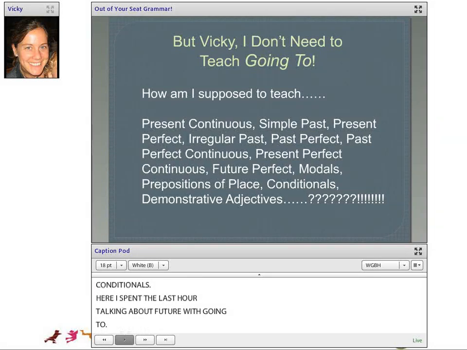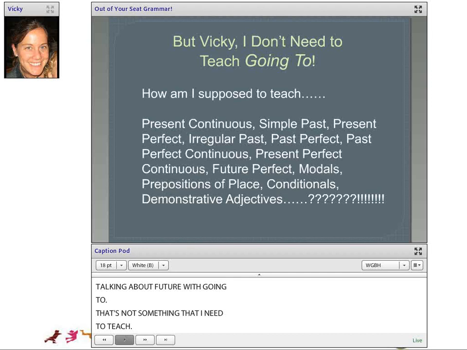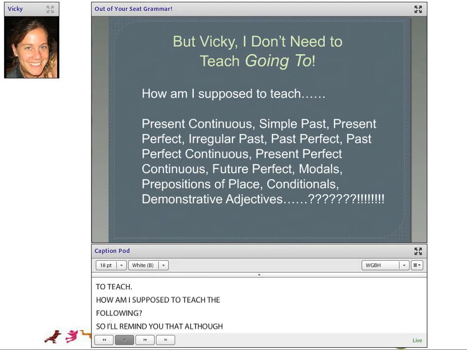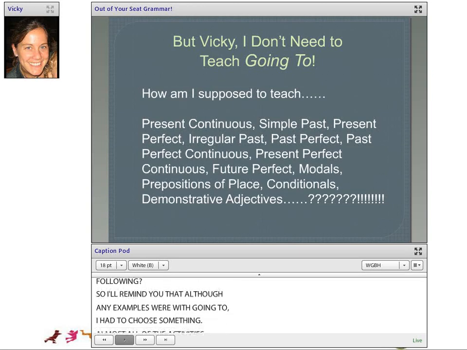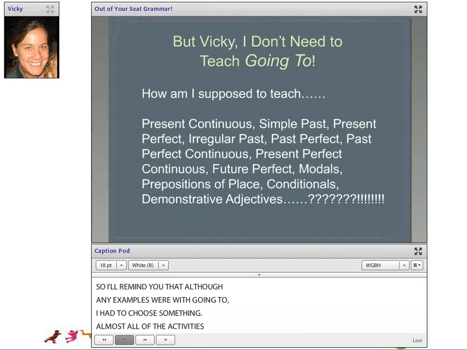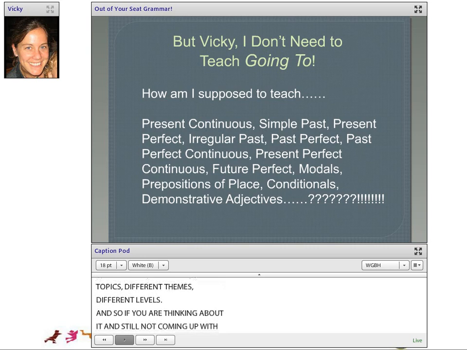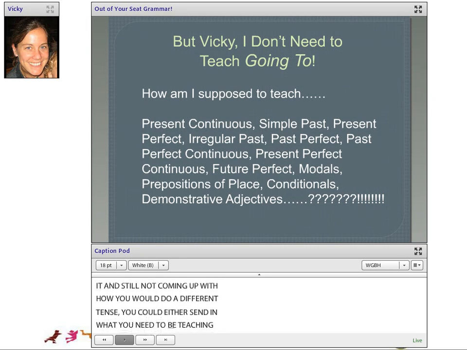And so I'll remind you that although my examples were with going to, I had to choose something. Almost all of the activities that we discussed today can absolutely easily be modified for different tenses, different topics, different themes, different levels. And so if you are thinking about it and still not coming up with how you would do a different tense, you can either send in what you need to be teaching right now. If it comes to me right away, I can make a couple comments about it, but probably the best thing is to